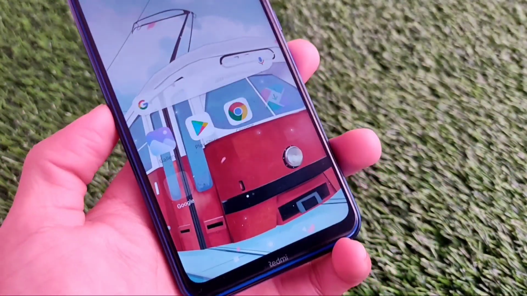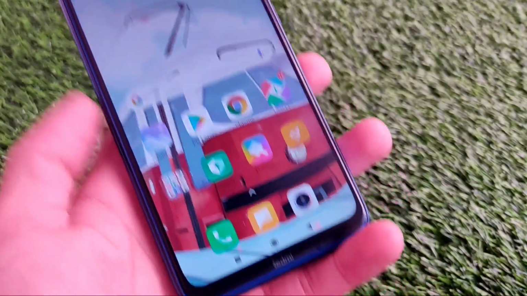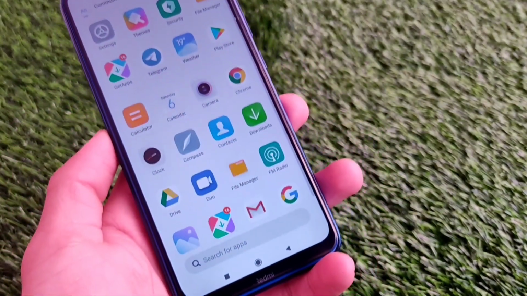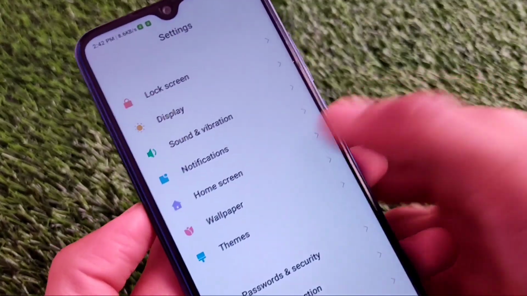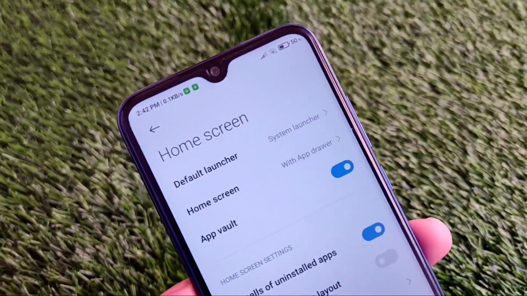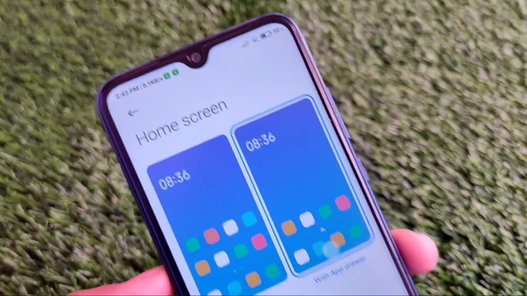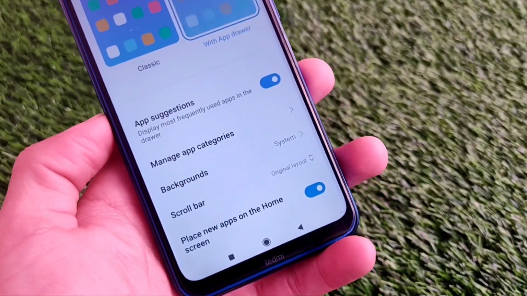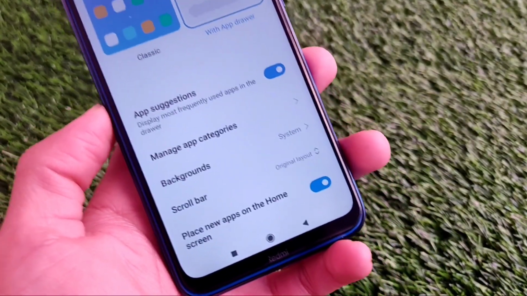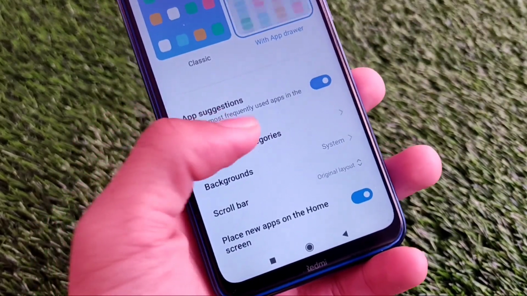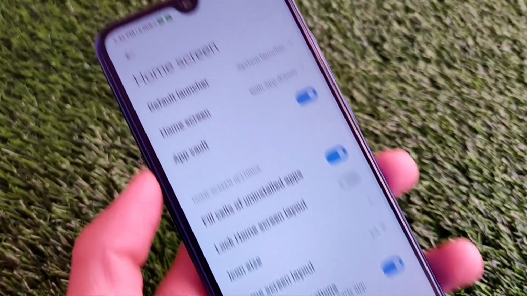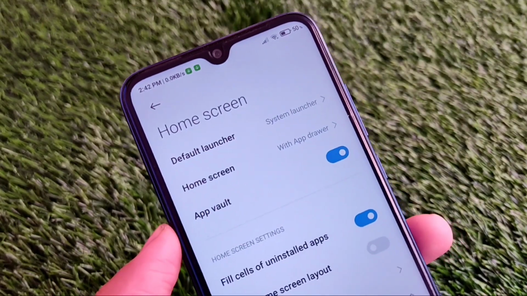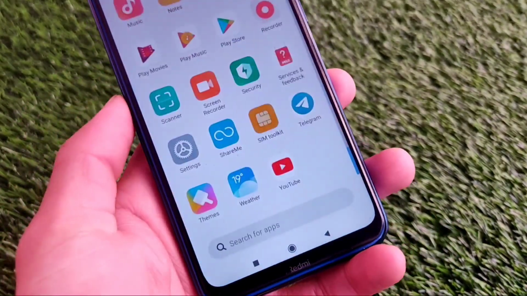We've just installed it, and we have the app drawer option, and let me move on to the home screen settings by going into settings and home screen. Let me try some things. Here we have some new changes like home screen and app drawer, and as you can see, the UI is changed here. But the UI which I showed you at the start of this video is not like that. Why so? Maybe in my case it's not installed properly. So let me install the stable version and uninstall this.